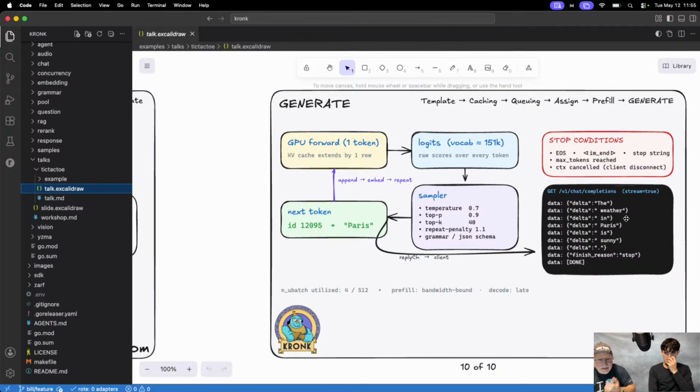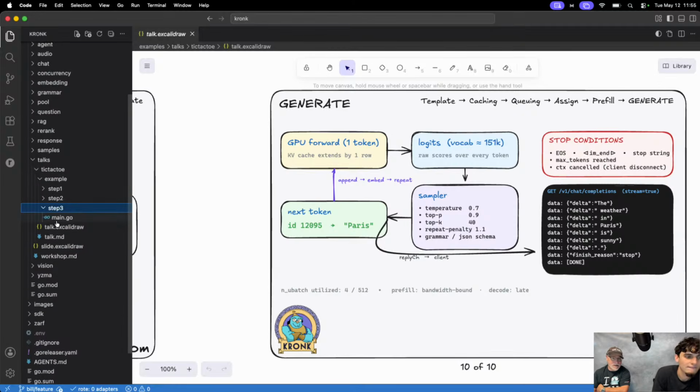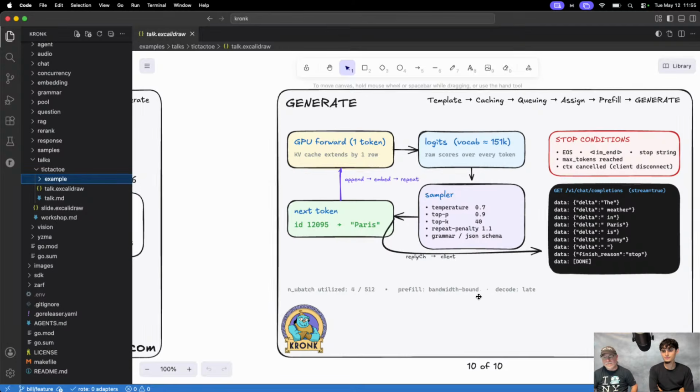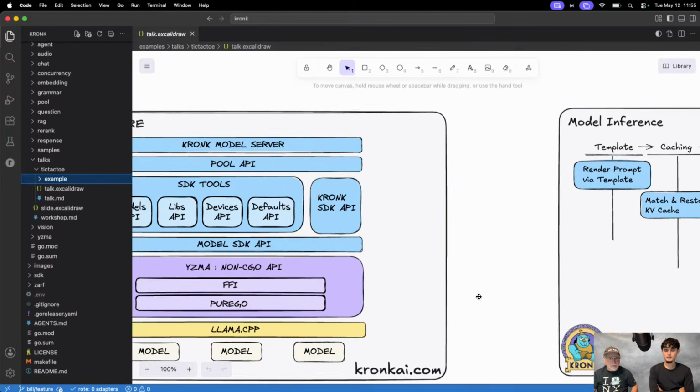I'll talk to this. The idea is I go through the slide deck and then try to get the Kronk model server to build a tic-tac-toe game. If it behaves on the very first run, then I can have player 2 be the agent. It's got to be like we did last episode. But this time I've been pointing it to step 3, and it's been knocking it out of the park. It's able to take the patterns that are here, sort of like what we did last time. But this is cool, right? Anyway, that looks nice.